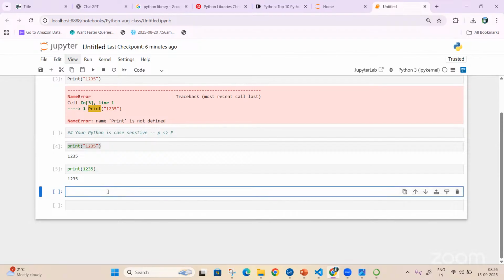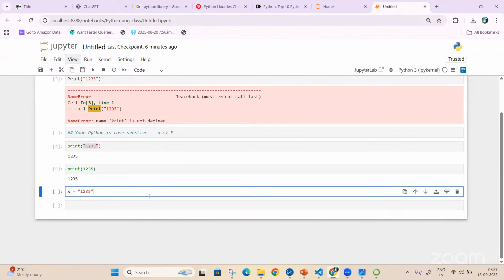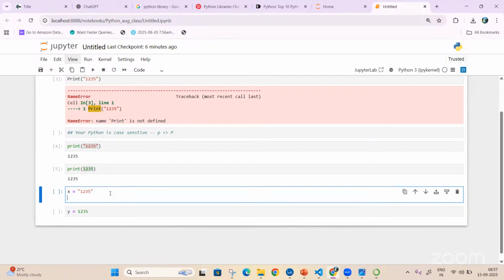Okay. I'm assigning x is equal to this value, and I will assign y equal to this particular value, and I'll say print of x. Now why print of x? Because I have already assigned that. I'll give type of x.